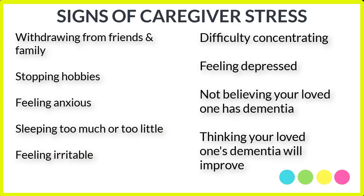Now, I think many of you could recognize the signs of caregiver stress because you're actually living them and going through them right now. Some of these signs include things like withdrawing from your friends, family, hobbies, feeling anxious about having to face another day, difficulty sleeping because you're worried about how you're going to get everything done, concerned about what if your loved one wanders away or gets into a dangerous situation, feeling sad and depressed, maybe to the